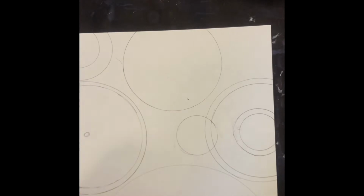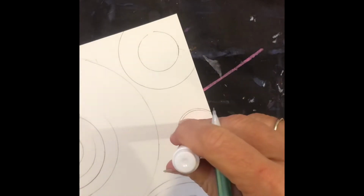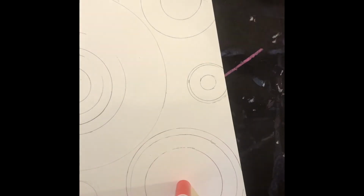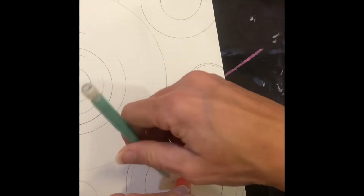You want to constantly think about balance. Do you have enough circles? Do you have enough big ones, little ones, all sorts of things? And then when you're done and you feel like you have all the circles within circles,